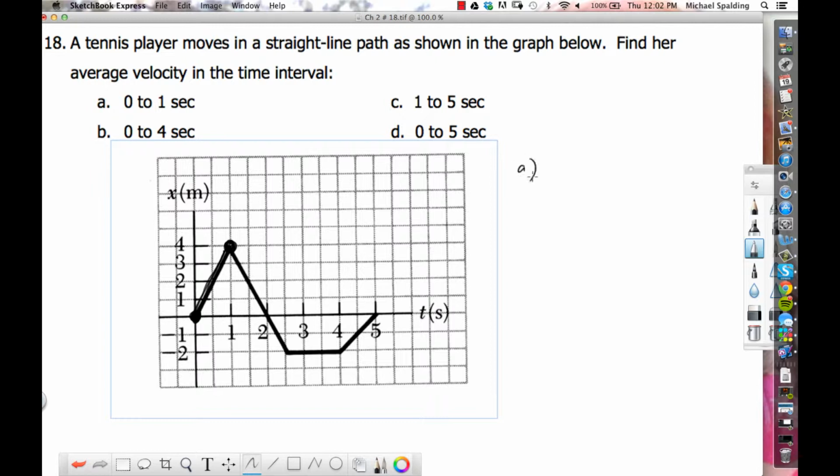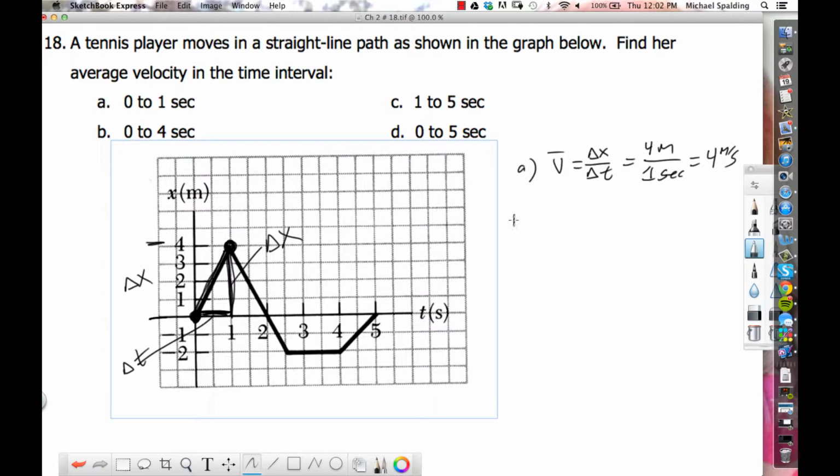So the way you do part A is average velocity is displacement over time, which is the slope. What's the rise? 4. Yeah, it's 4, but that's the delta x. It's the change of position, from here to there. What's the run? I know it's 1, but what is it? It's the change of time. So this is going to be 4 meters over 1 second, which gives 4 meters per